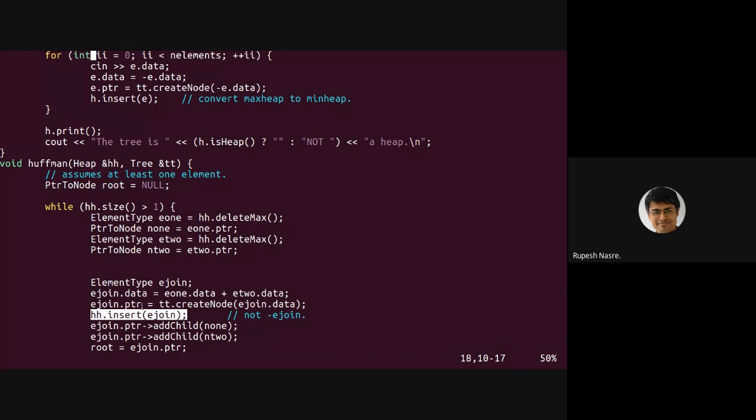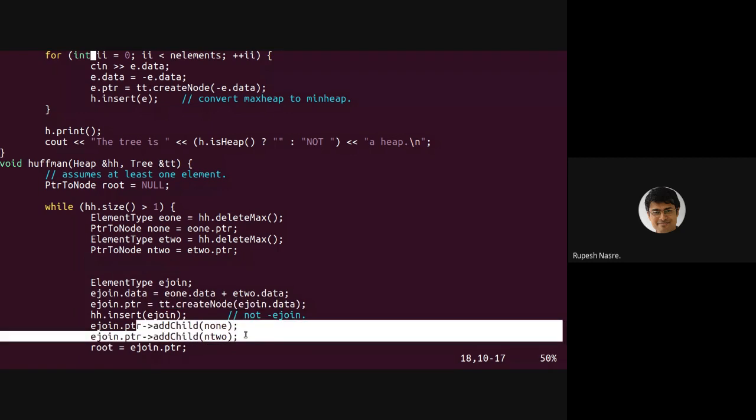And in the tree, we are going to essentially perform, if you recall, this add child method. So this is the first node, this is the second node, and using these two, I'm going to create a third node, for which I'm going to do these 2 children, right?